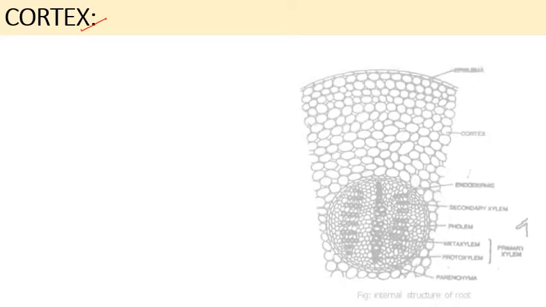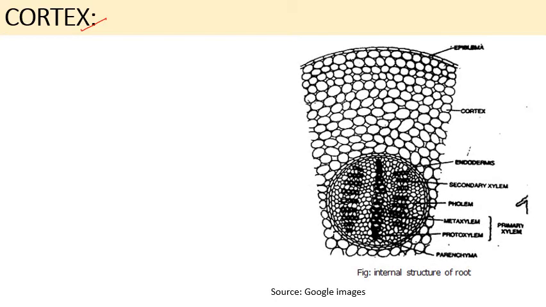Then inner to epidermis is cortex. जो cortex है, ये एक broad zone है. It is made up of thin-walled parenchymatous cells. So in this region we can see here, ये वाली जो broad zone है, this is known as cortex, made up of thin-walled cells. और ये जो cells होते हैं, they also contain starch grains and mucilage. जो innermost layer है cortex की, that forms the endodermis. एंडोडर्मिस में प्रेजेंट होती हैं some prominent thickenings, जिनको कहा जाता है Casparian thickenings और strips, and inner to endodermis